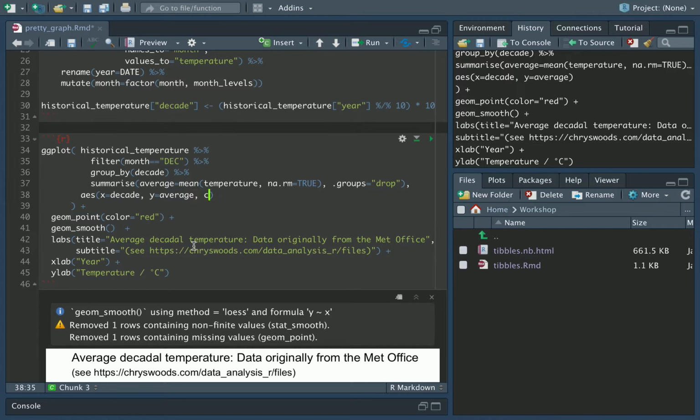In this case, the color scale is going to come from the average values. So in other words, we're going to color it by the average value, and in this case we don't need to specify the color within geom_point. So if we do this and then run it,